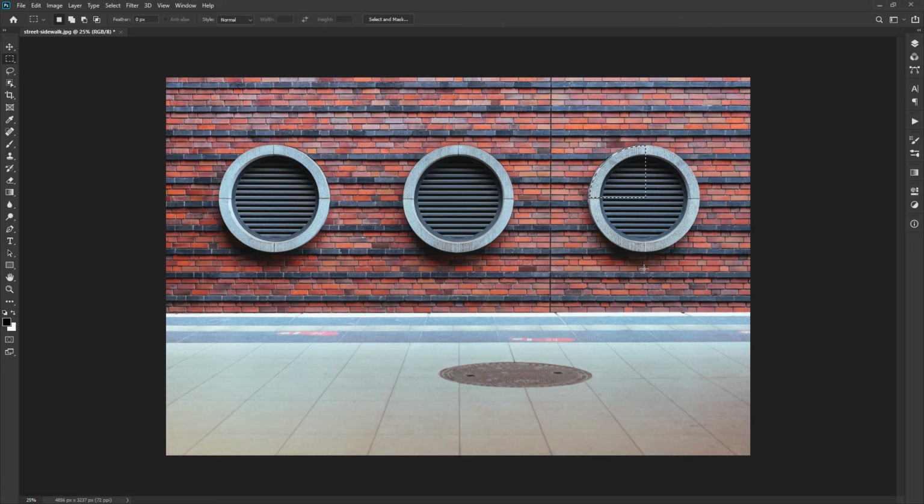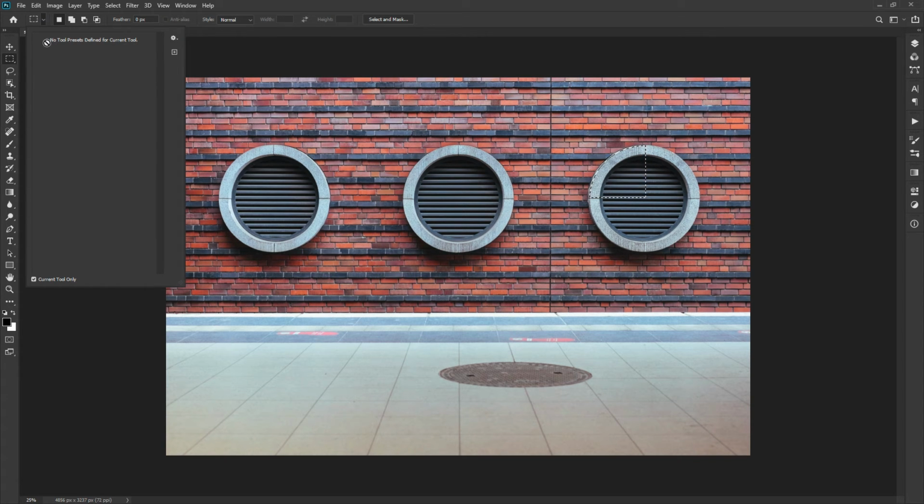We have several options for the tools in the options bar. The first option is common for all the tools. We can save or load presets from here. The Marquee tool doesn't require any preset, but the tools that have presets, we can use presets from here to save time.